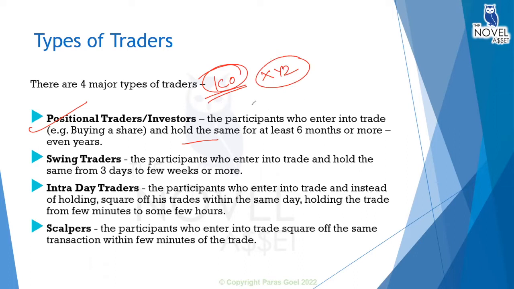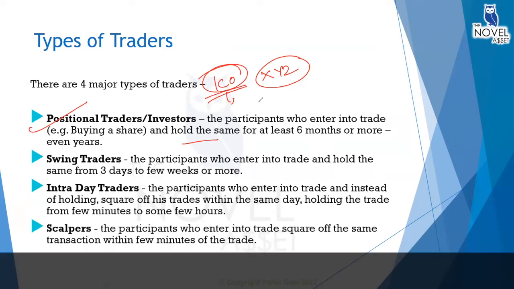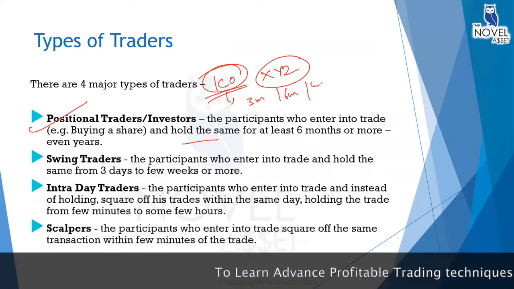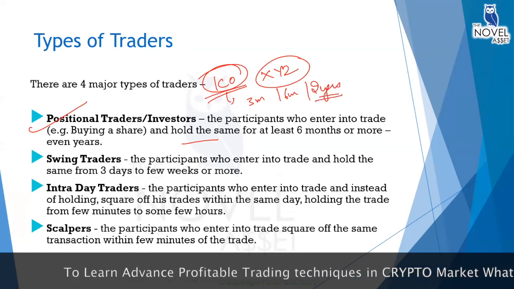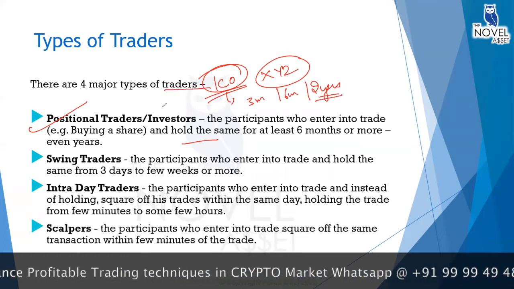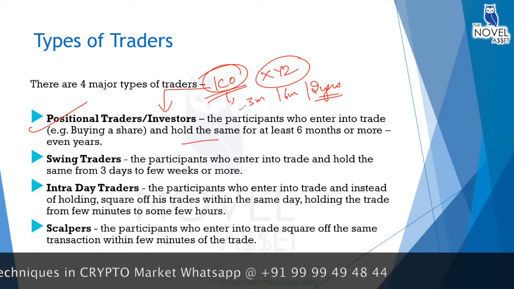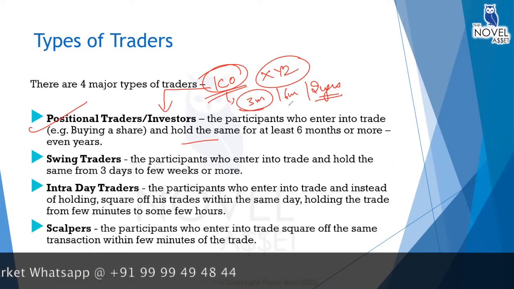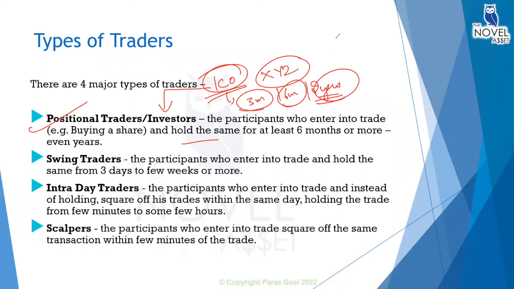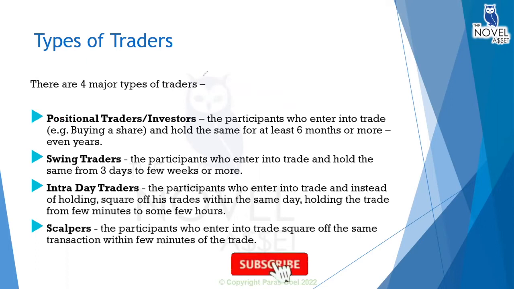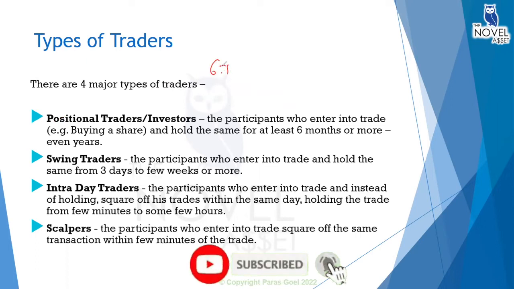Now, there are specifications in the ICO that you have to hold for a certain period. The coin cannot be sold for, let's say, 3 months, 6 months, or even 2 years. These are the positional traders and investors, because they cannot liquidate their money or sell off their investments within this time frame, and that is why they are known as positional.